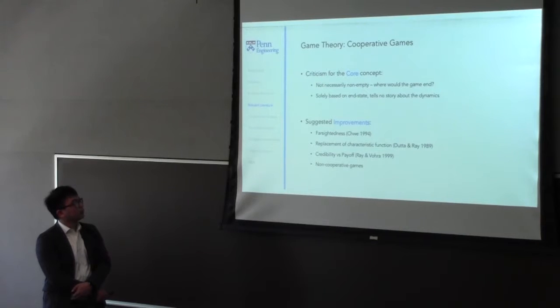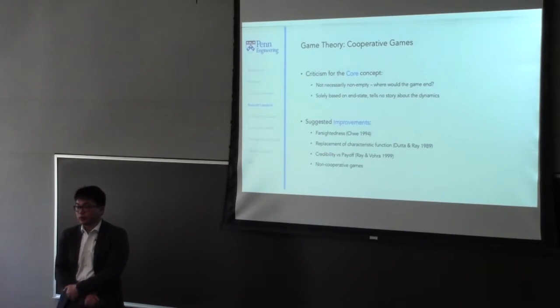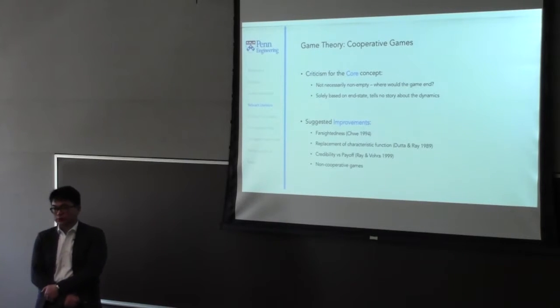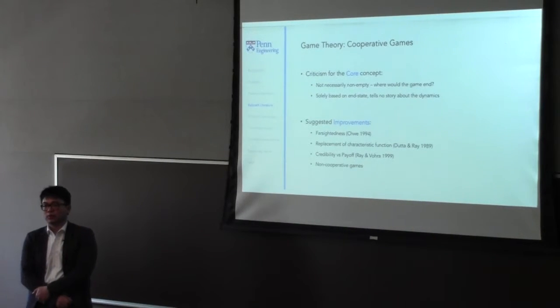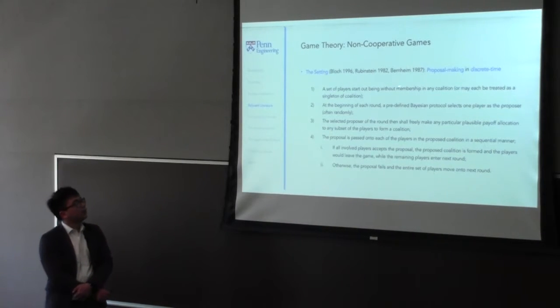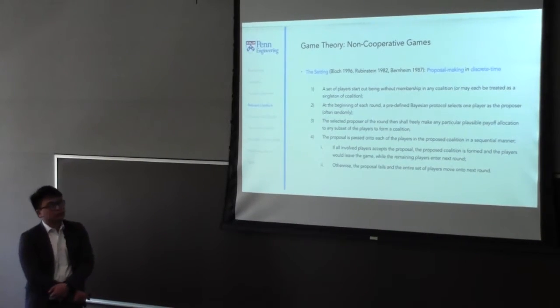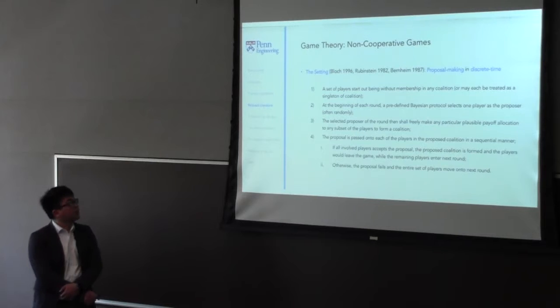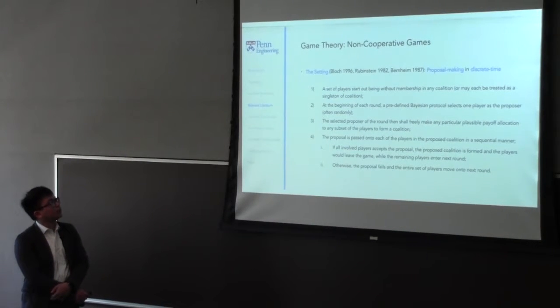The second being replacement of characteristic functions, and that's been done, and a variety of models have different payoff functions they have characterized. And then there's also the credibility versus payoff, but a relatively more interesting one, and that's actually grown a lot, is the non-cooperative games, where you don't really require a joint determinant action to change the state of the game. So the setting is basically about proposal making in discrete time. A set of players start out without any membership, any coalition, so they just treat them as singletons of the coalition. At the beginning of each round, in the discrete time game, a predefined protocol selects one player as the proposer,